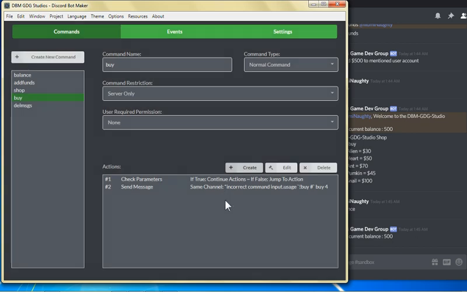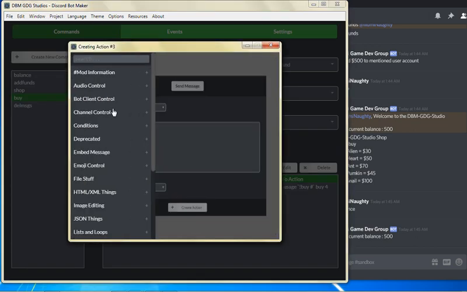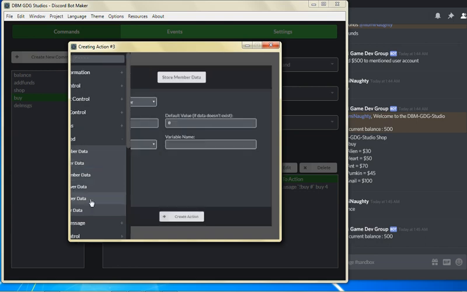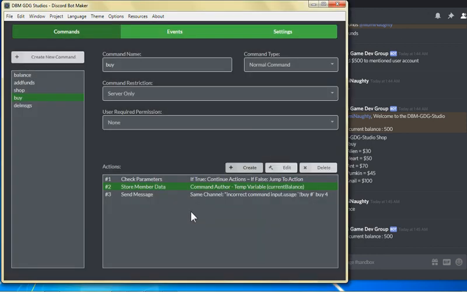And then click on create action, and from here, one thing we could do is store the balance. So let's create an action, and we'll click on store member data. We're going to select the command offer, put in money, the default value is 0. We're going to store it in a temp variable called current balance. Click on create action,